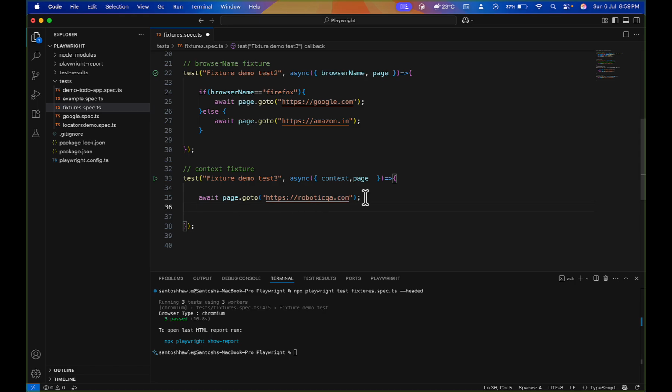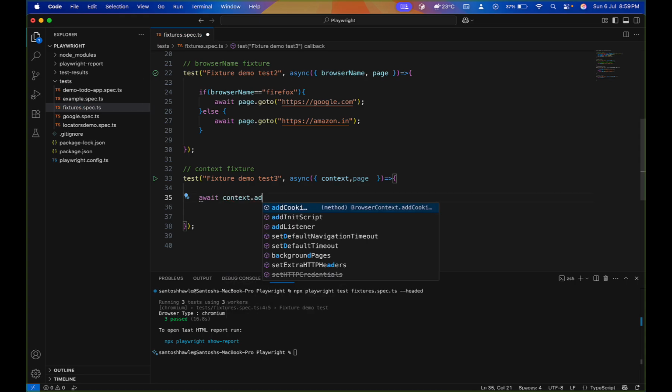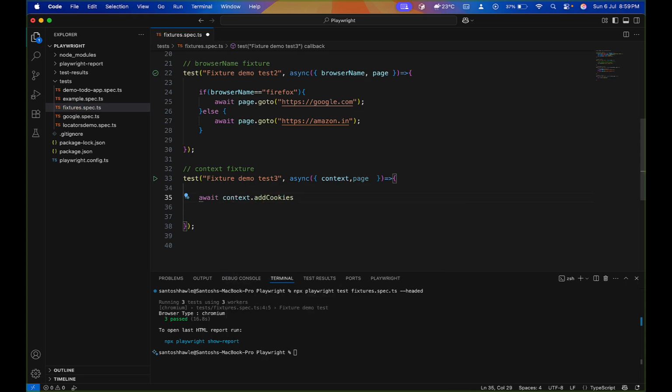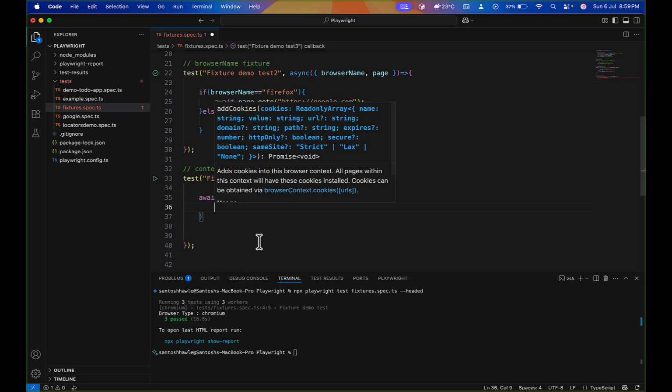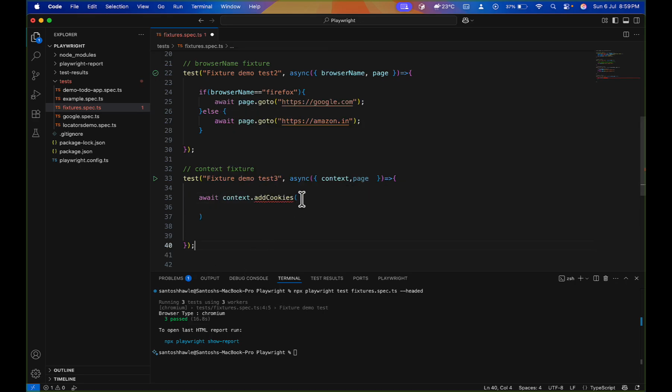Or even if you don't want to use page, we can do that one. Let's say using just context dot addCookies. So we can add cookies for this session, opening closing bracket, and inside this you can use the array,